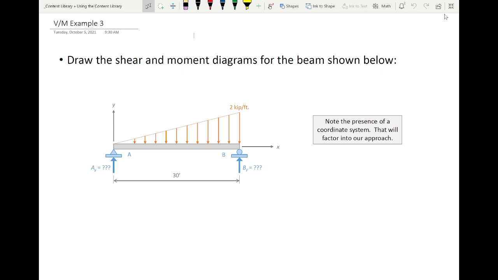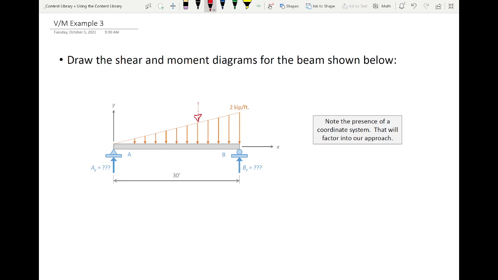Now, let's take a look at the beam. The beam is 30 foot long, and it has a linearly increasing load, a triangular load, from 0 to 2 kips per foot. I did not give you the reactions. We're going to solve for the reactions and do it right, okay? Now, so that I understand, we can take